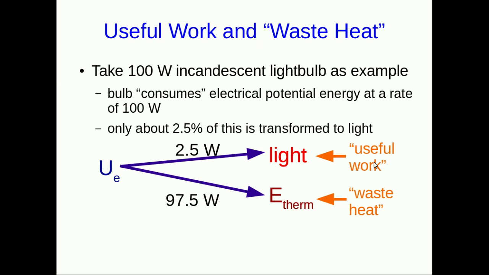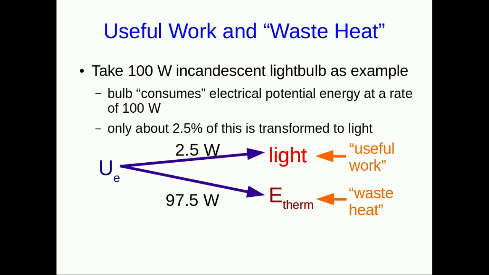And I'll just note, this seems very judgmental, but we use this terminology, and you sometimes have to be careful with it, right? Because in some cases you might not consider this heat, this thermal energy, to be true waste. For example, when you're using incandescent bulbs in Canada on a cold winter night, you might quite like all this